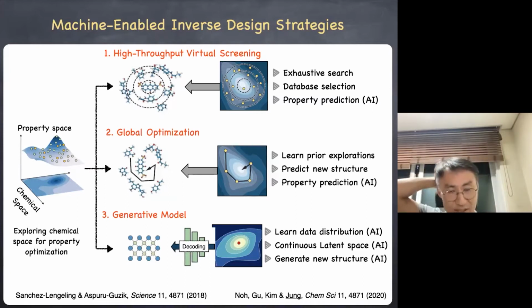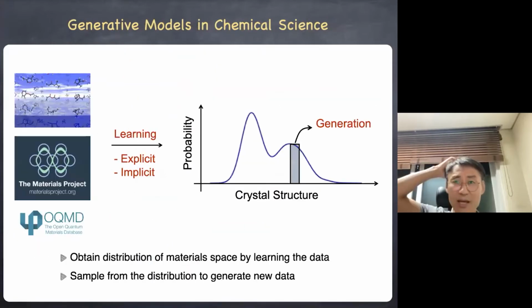And the third category is the generative model, which I will focus on today. And this is the most data-intensive approach. In a generative model, what we are basically trying to do is take the entire database and learn the distribution of data in the database. And if you learn the distribution of the data, then you basically know where in the latent space you need to sample to get the optimal property. And so by sampling these regions intensively, you have a better chance of finding a novel material with the